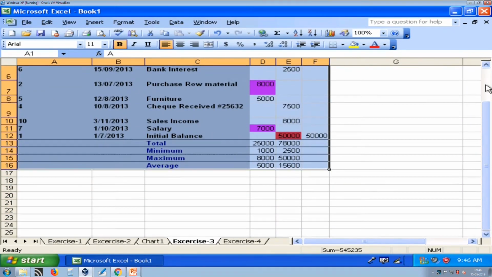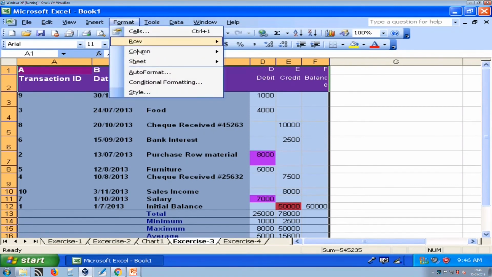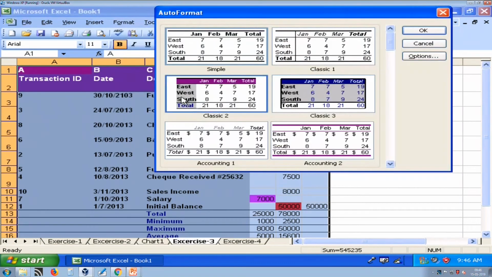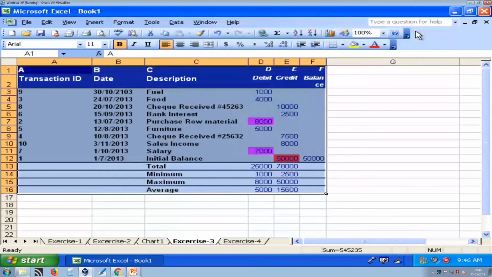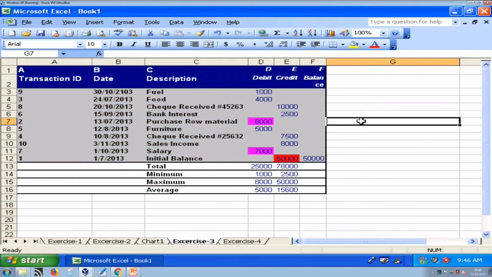Now again I want to change this. So go to format and then auto format. Now I want to use this style. So I just select that style and press OK. So you can see on screen how Excel quickly applies your style to your table format. So this is how we can perform table format. Next,